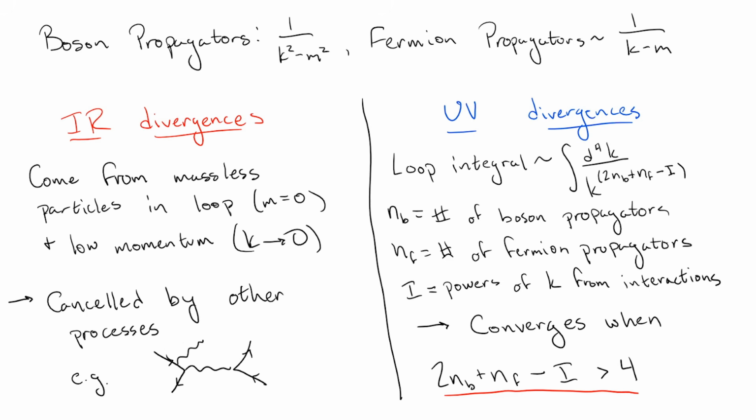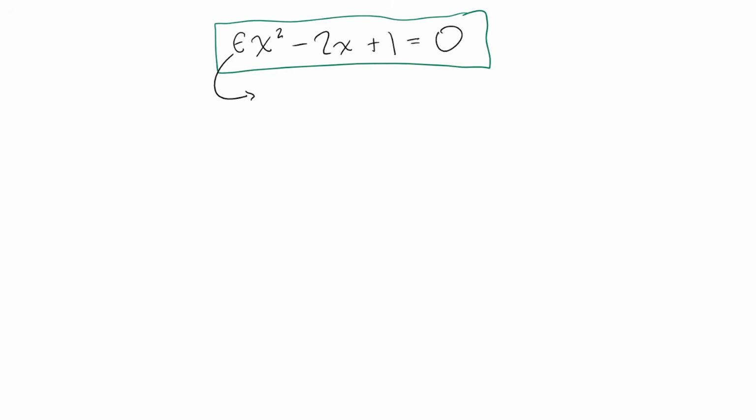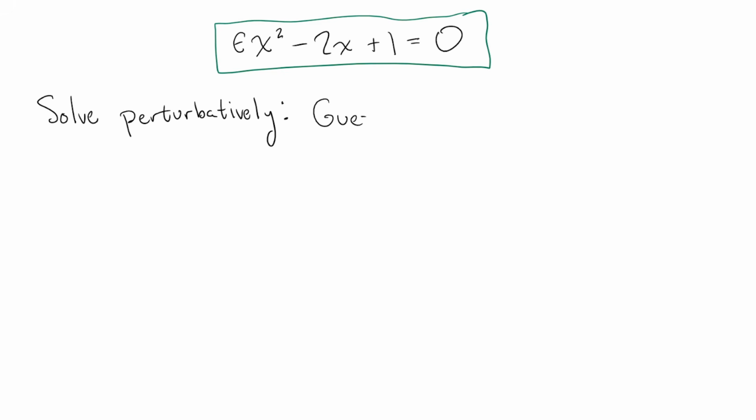Okay, now that we understand the source of these UV divergences, we need to talk about how to navigate them to make sense of our results. To do this, we'll start with an analogy from the area of math known as singular perturbation theory. The example we will look at is a simple one. Consider this equation, where epsilon is a number which we will assume to be very small. Now, say we want to solve for x, but we have no knowledge of the quadratic equation, so we can't solve it exactly. So we will find an approximation by perturbing in epsilon, or in other words, we write our solution